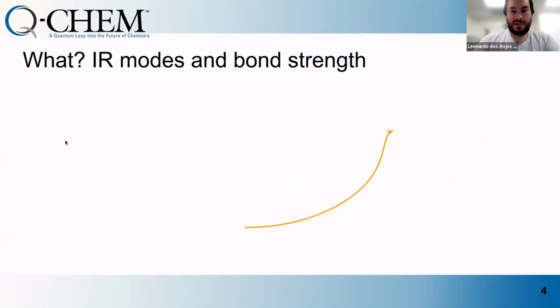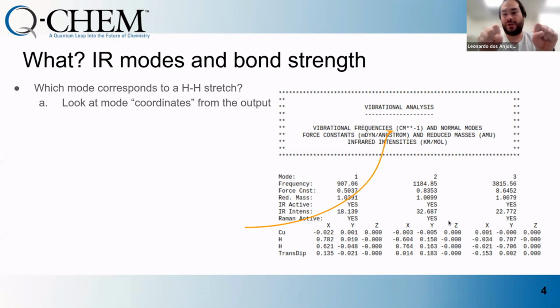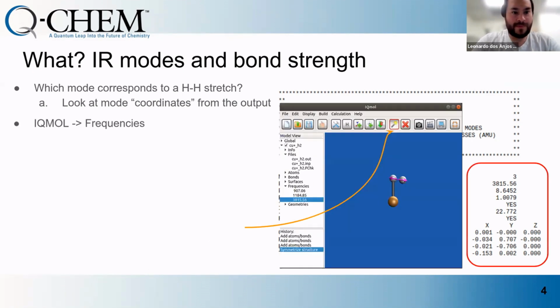Something's wrong, but that's okay. So what are we going to be looking at in the exercise? We're going to try to identify from the frequency calculation which one is the H2 stretch mode. There are a few ways. One way is to look at the coordinates from the output and see which ones correspond to the two hydrogen atoms moving or stretching. Or you can just go to IQMO and visualize each one of the modes individually